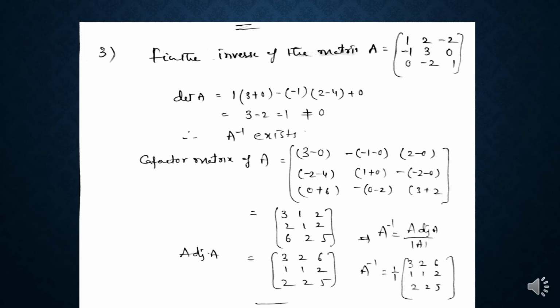So to calculate this det A, we are using the Laplace expansion. By taking the first row, we are taking the elements 1, 2, minus 2 to evaluate this determinant value. So that is 1 into, and by deleting this column and row, we will get 3, 0, minus 2, 1. That means 3 into 1, 3, minus 0 into something is 0. 3 minus 0. Now by taking minus 2 into, by deleting this column and row, we will get minus 1, 0, 0, 1.